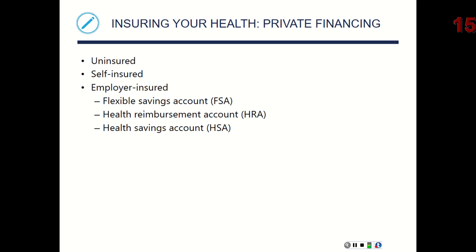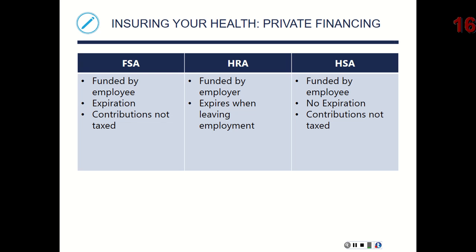You could have additional things set up through your employer that you would pay into. You could also pay into some of your main health plan if your employer requires that you put on some of the cost, but you can get additional things such as a flexible savings account, a health reimbursement account, or a health savings account. So an FSA,